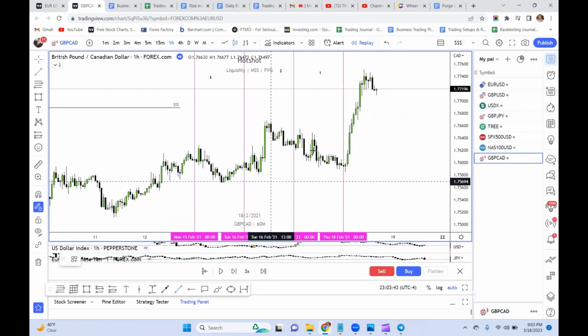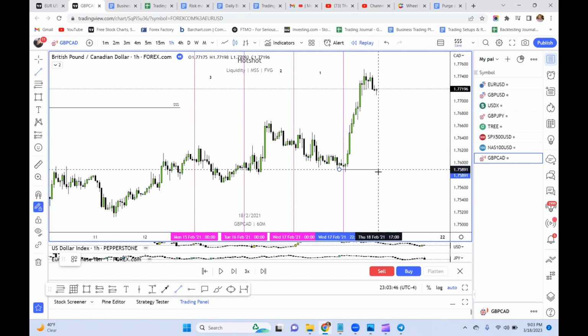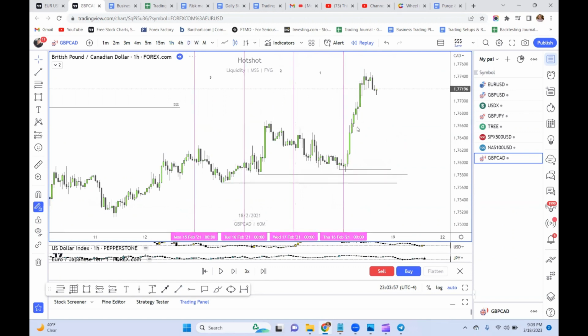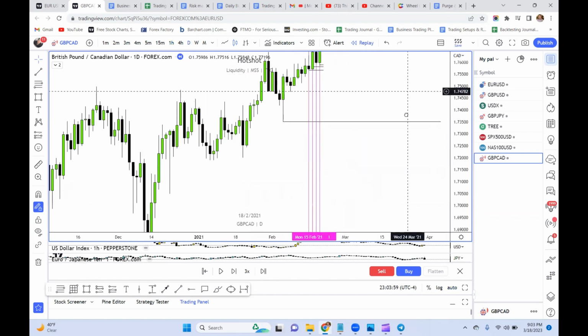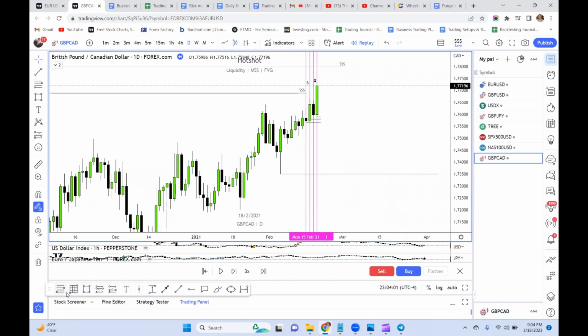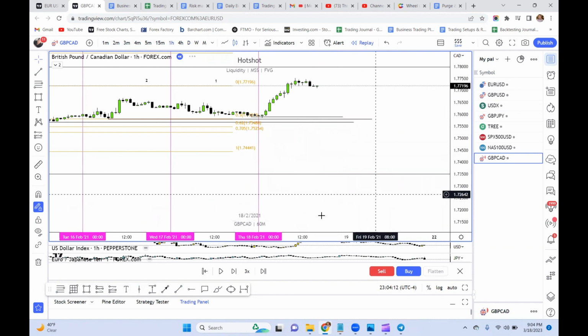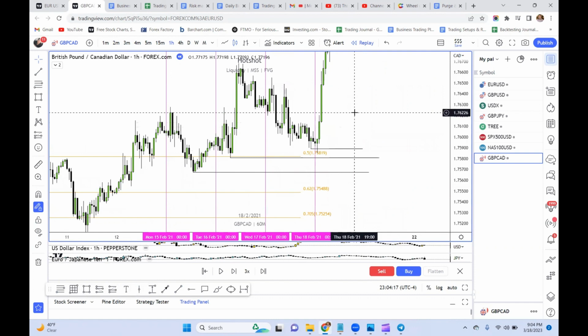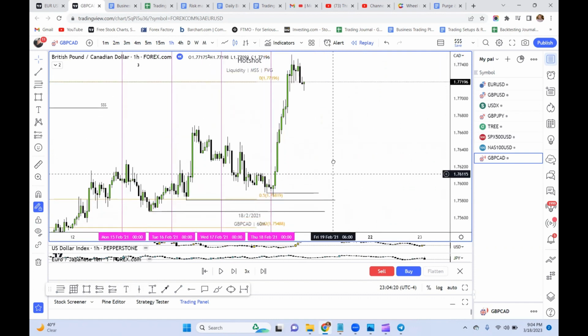So in this situation, the lows of these days will be like our take profit areas until price retraces back 50% of the range from this candle to this candle. Okay, so once it comes into the 50%, that is equilibrium. So in order for price,